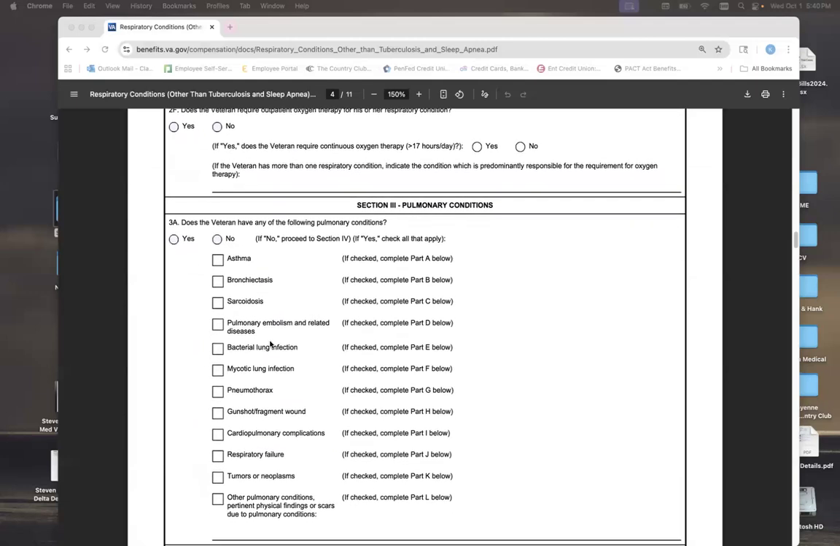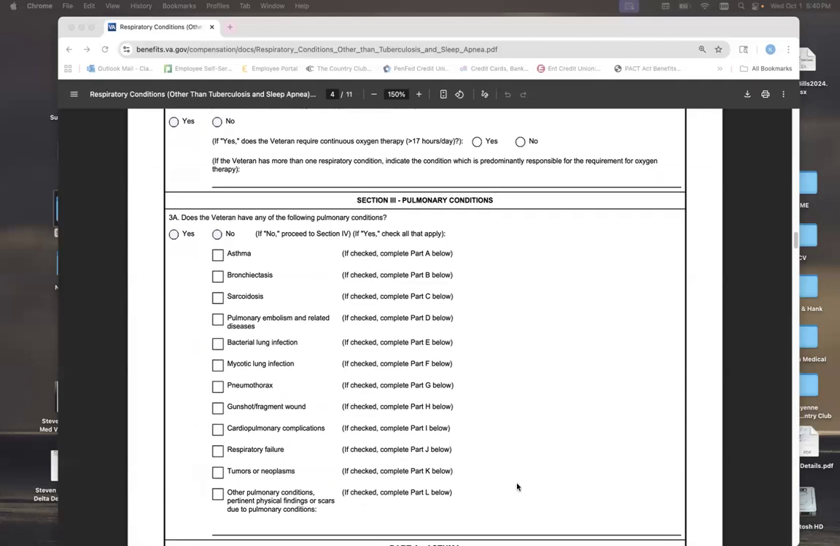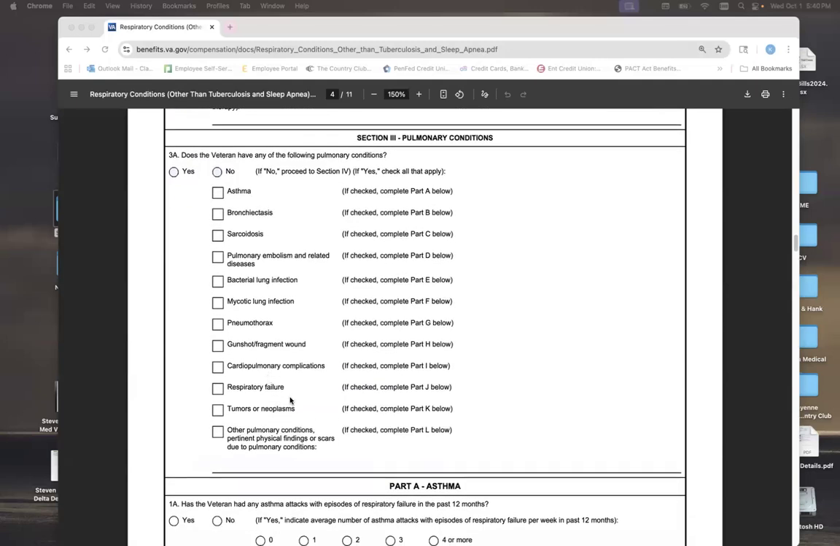These are the different conditions that will be selected depending on what the veteran's claim is for and what their records show. They have asthma, bronchiectasis, sarcoidosis, pulmonary embolism, bacterial lung infection, mycotic lung infection, again, the histoplasmosis, coccidiomycosis, pneumothorax, gunshot or fragment wound, cardiopulmonary complications, respiratory failure, tumors or neoplasms, or other. A lot of times I find myself checking other, to be quite honest, especially if they haven't been diagnosed with some of these